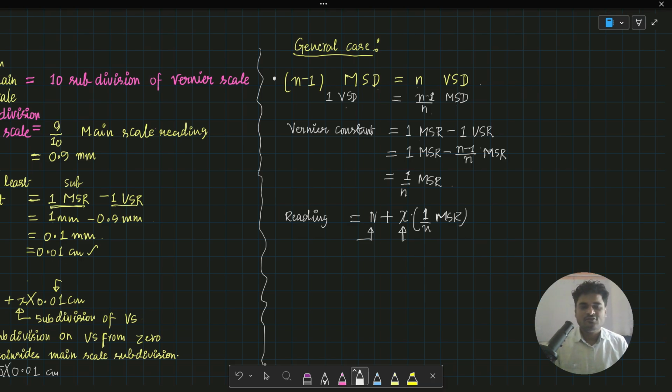Hopefully this is clear. We can also see that as this is the case of no zero error, we'll build up on this concept in the